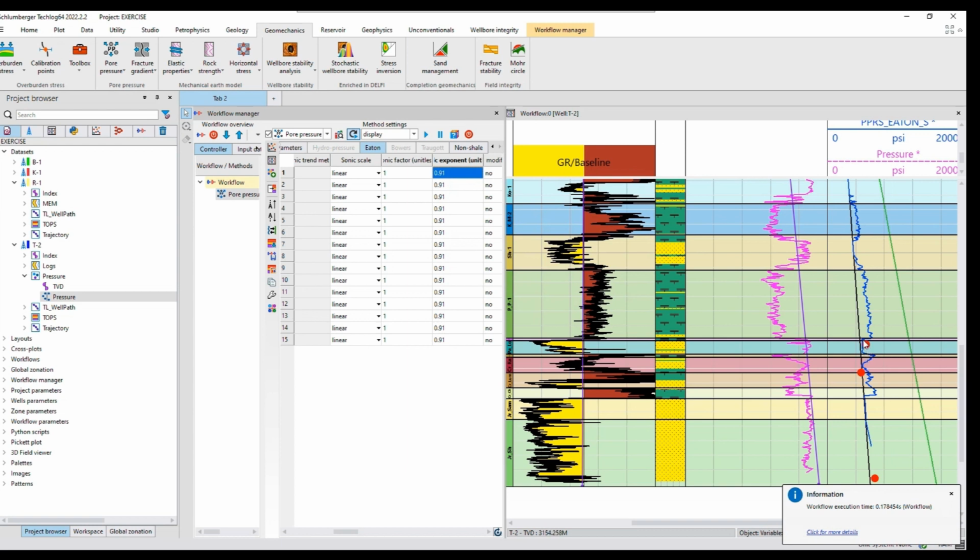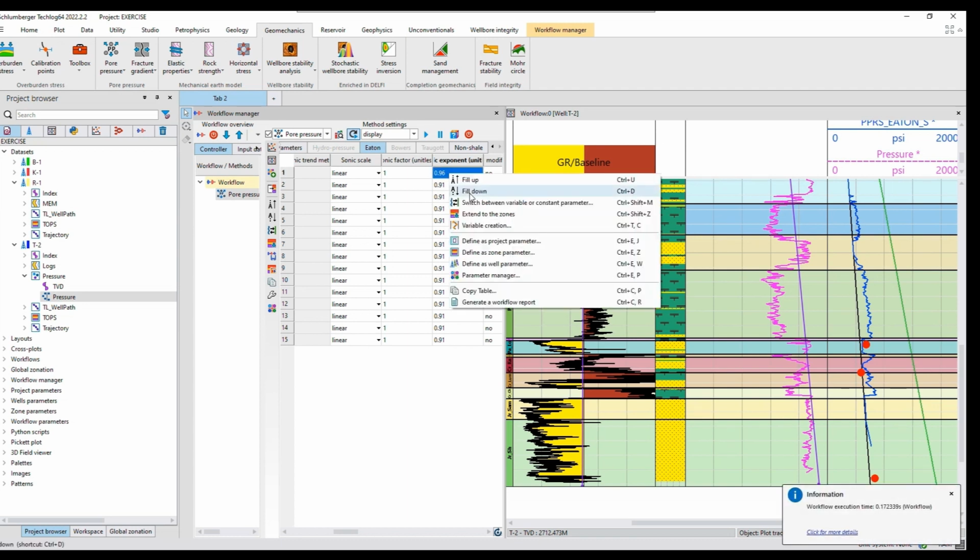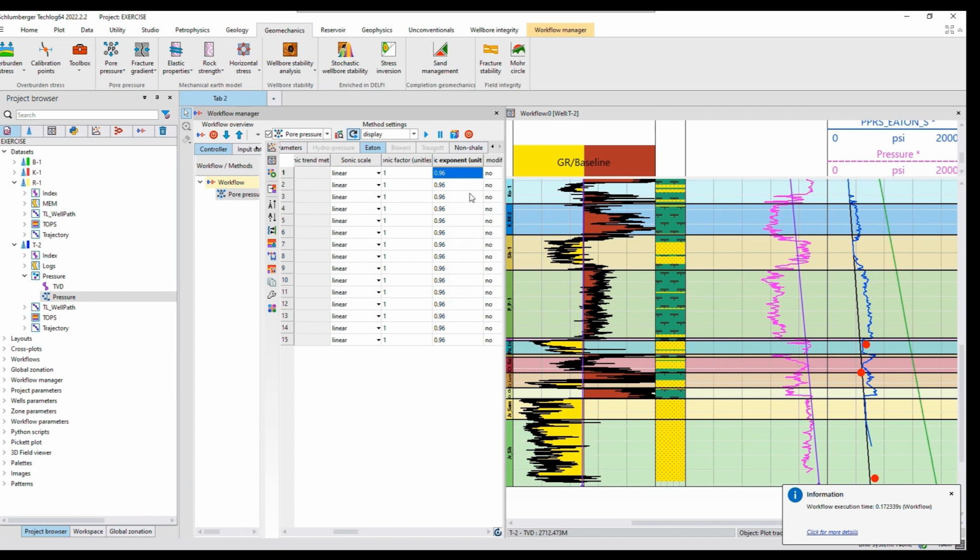It has moved closer to my estimated pressures. If I use 0.96, fill down, for this formation we have to, or you can play with these parameters, the Eaton exponent, or you can change your